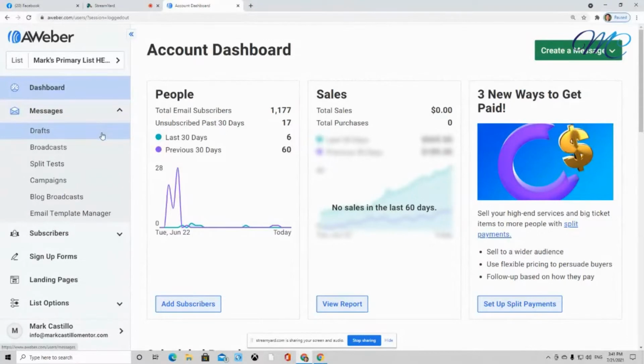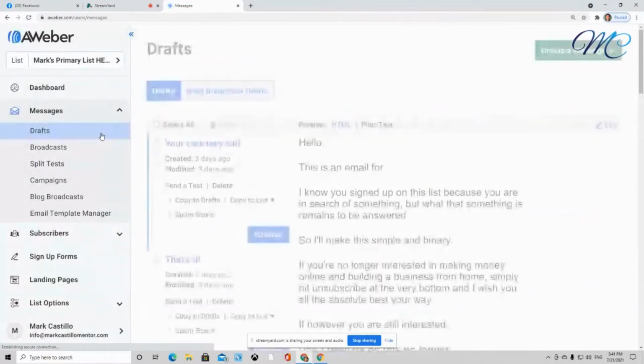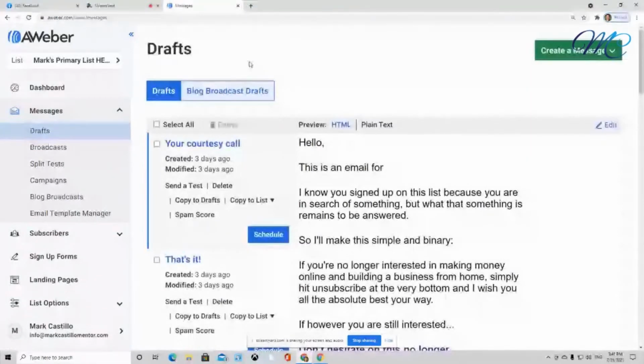And here you have drafts. So let's go over to drafts. This is where you can actually save your emails that you write out to your list. You can save them all in here, and you can rewrite over the templates at any time. This is where you'll find your drafts, and you can create a new message if you click on this